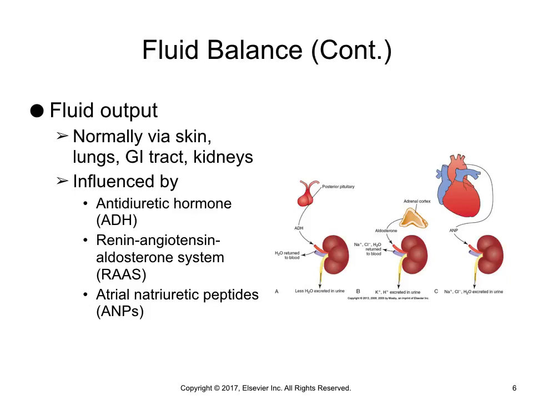Removing sodium and water from the renal tubules and returning it to the blood increases the volume of the ECF. To maintain fluid balance, normally some action of the renin-angiotensin-aldosterone system occurs. Atrial natriuretic peptides also regulate extracellular volume by influencing how much sodium and water are excreted in urine. Cells in the atria of the heart release atrial natriuretic peptides when they are stretched, especially when there is